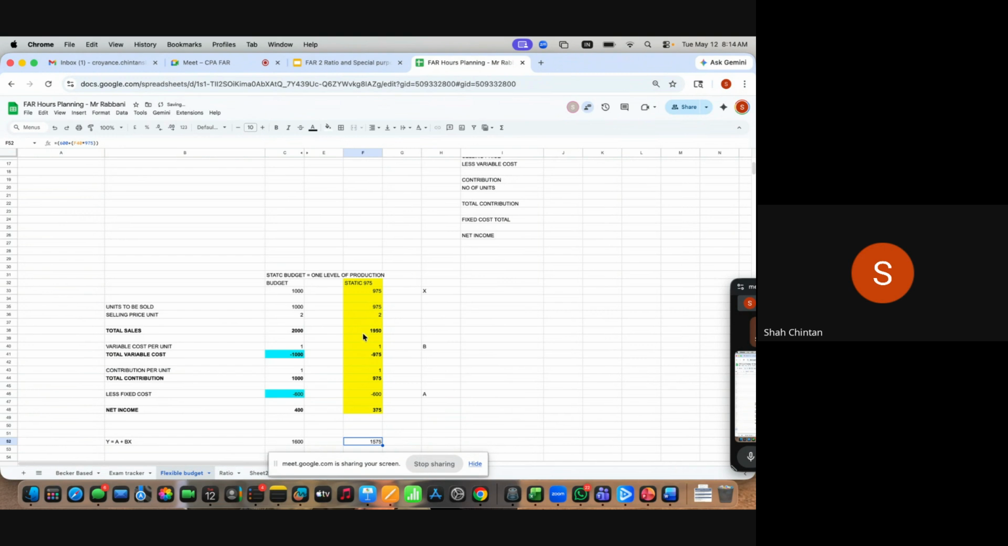Now what is my total cost? 1575, let's tally 1575. Now it's working, so हमारा मॉडल काम कर रहा है. So what we are saying कि company instead of re-preparing the budgets every year for a different level of output,